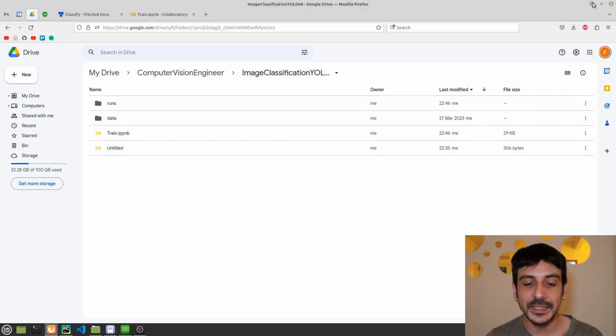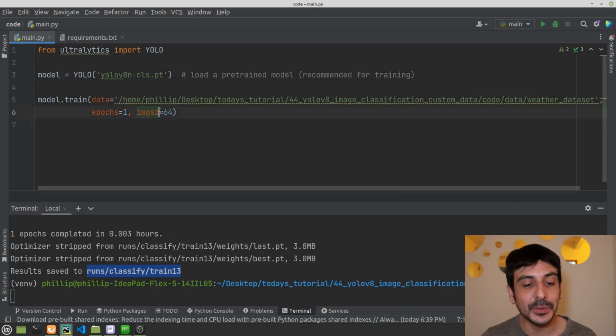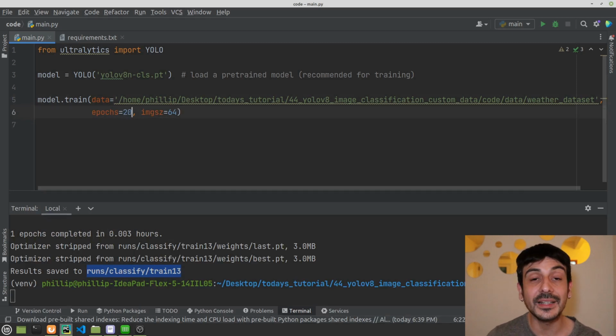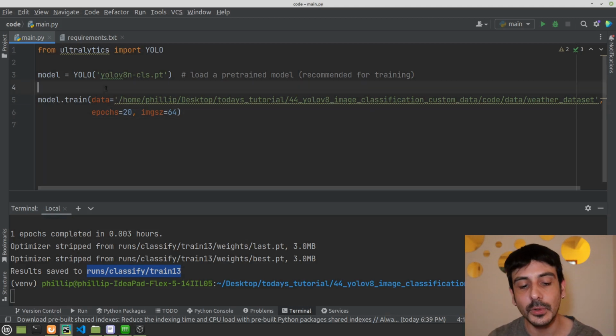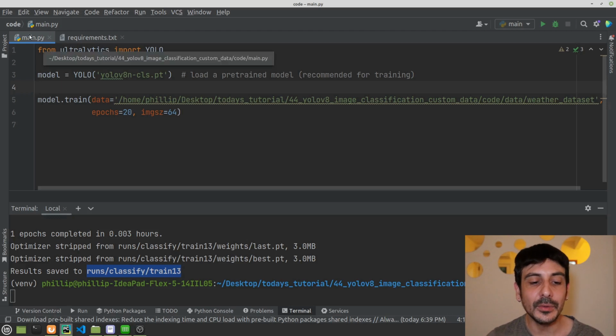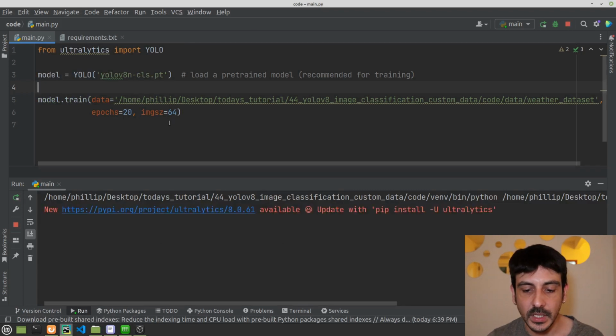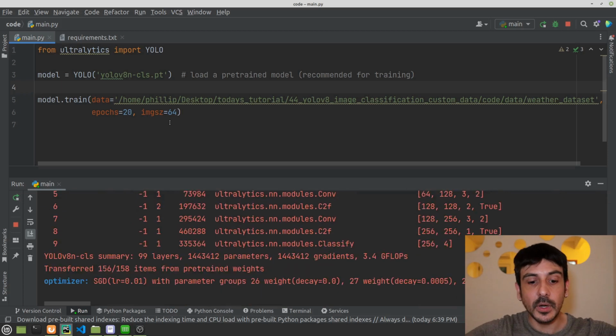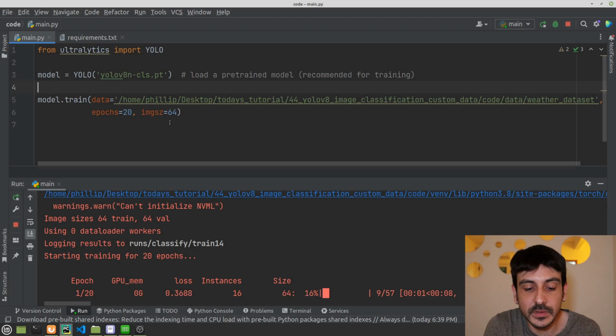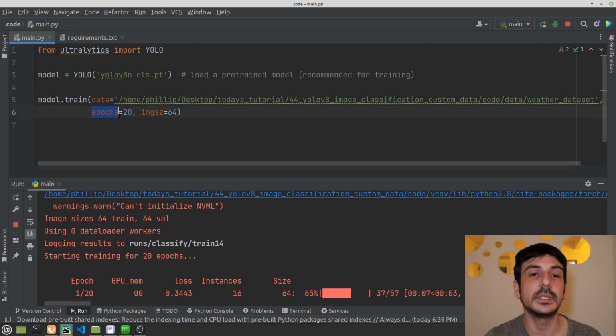And now let's do the deeper training, right? I'm just going to take this script and edit the number of epochs, so we do this training for something like 20 epochs. I have already been doing some tests, and 20 epochs is just enough for the dataset I am using in this tutorial, so 20 will be just fine. Now, the only thing we need to do is to click on run. I'm just going to run this script as it is, and everything will be exactly the same as before. We just need to wait until this process is completed. We don't need to do anything from now on, but this process will be executed for 20 epochs.